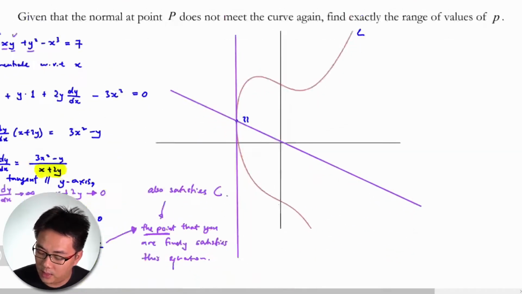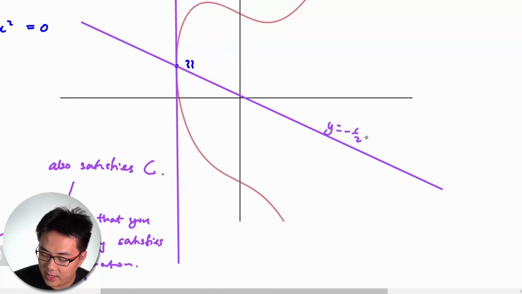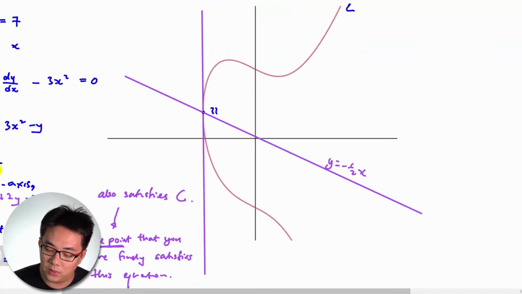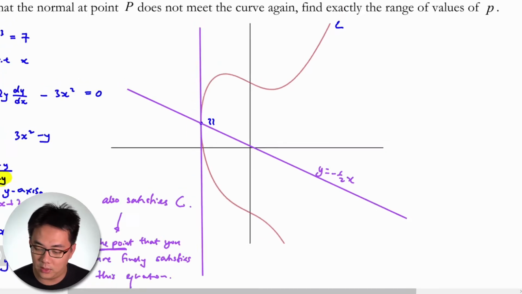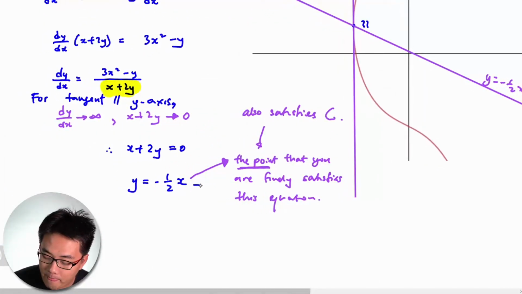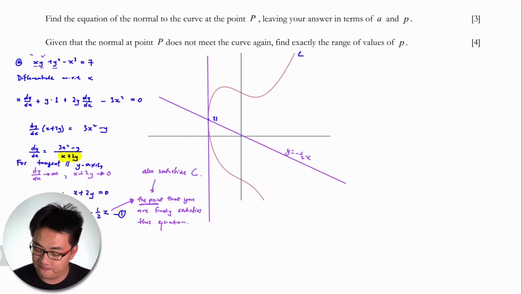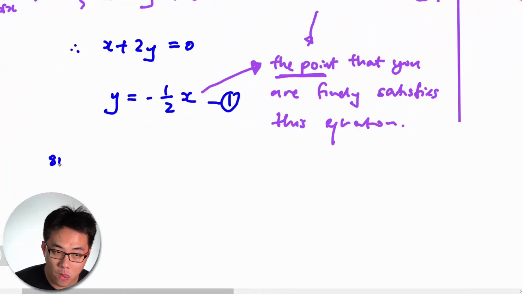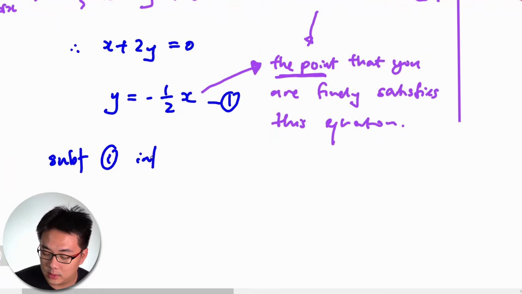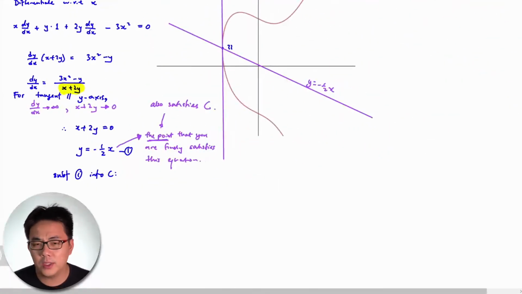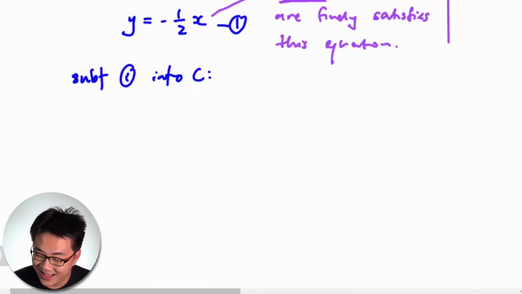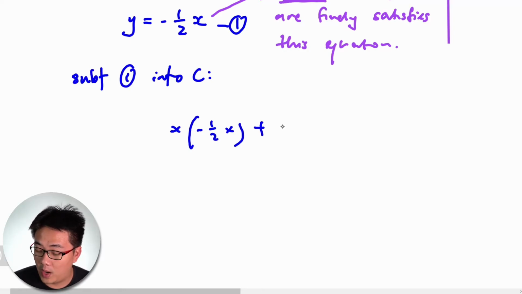That's the reason why you sub it back. Basically you sub y equals minus half x into C. You solve the two equations there. That's the reason why you sub it back into the equation. So you just take 1 and sub it back into C. So sub 1 into C. What we get is x minus half x, plus y squared, which is minus half x squared,